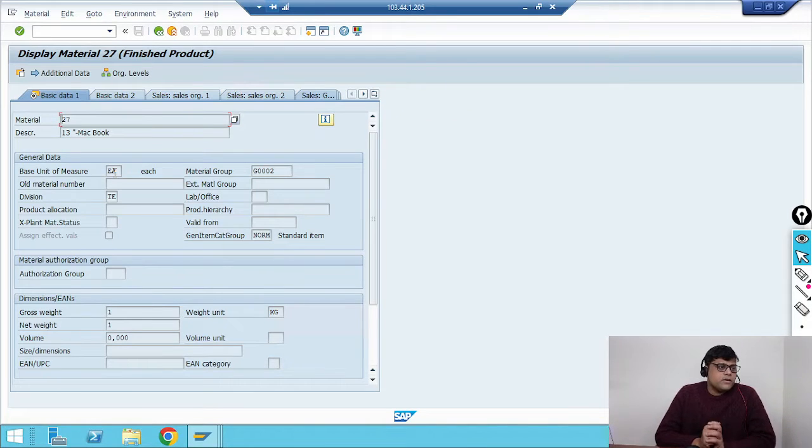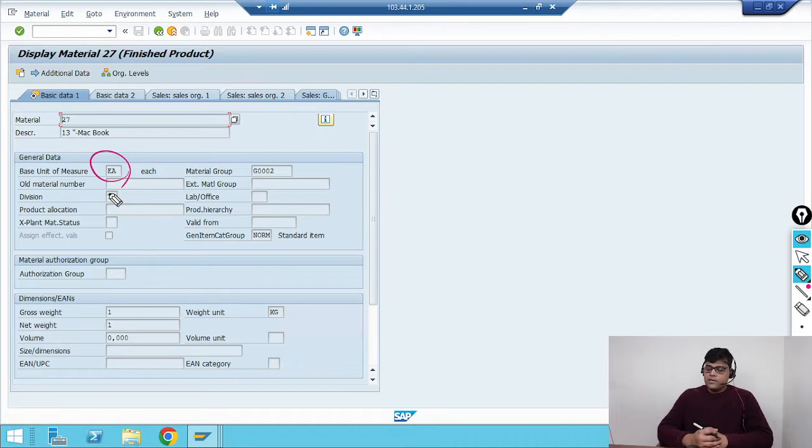So this is one material master which I already created. You know how to create a material master, that is your MM01, edit MM02 and display MM03. Right now it is there in MM03 and I'm going to explain different fields which are important for us. Right now I am in basic data 1, which is from our MARA table. In this particular tab, the important fields for us, one is related to unit of measure,